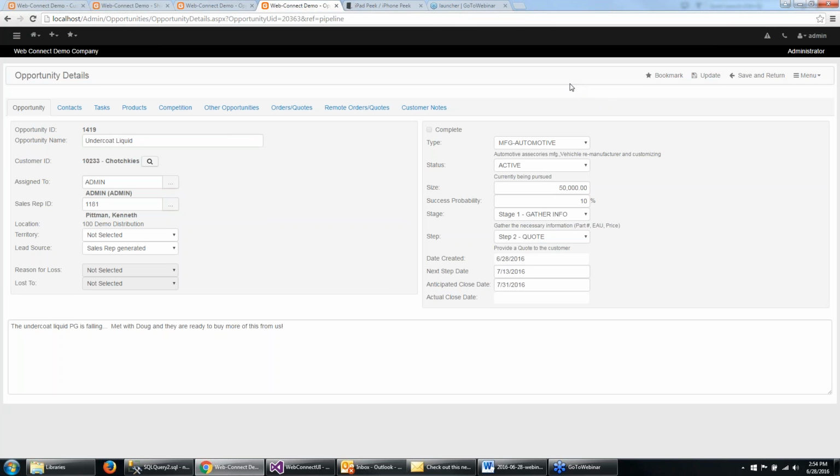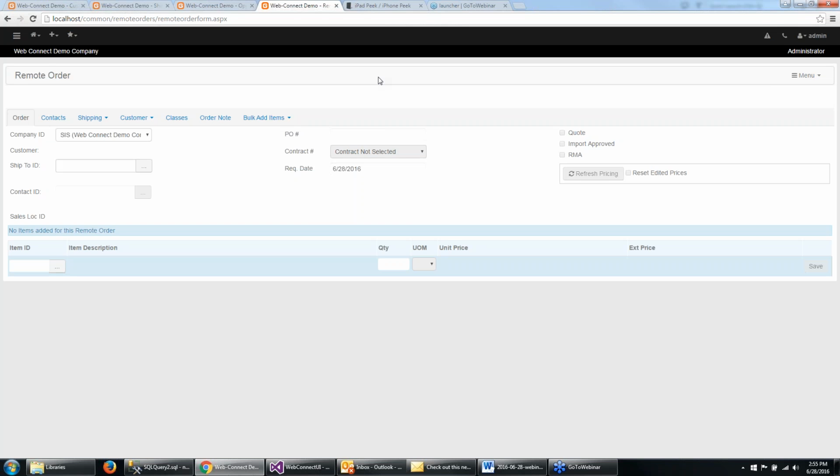But one of the tools that I may want to use, once I have my pricing information back and everything, is I may actually want to generate a quote for an item or two for this customer directly from the Web Connect system. So the way I do that is I can just take my little plus arrow here and go to New Remote Order. The remote ordering system in Web Connect is pretty powerful and has a ton of different options that